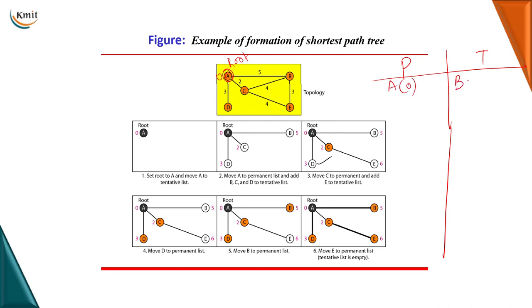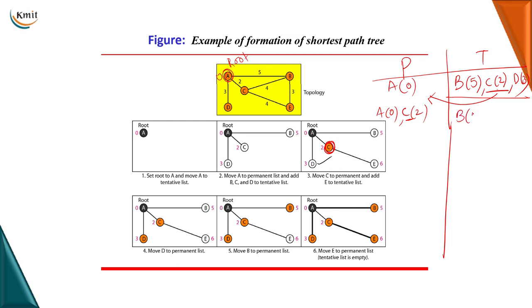The neighbors are B with a cost of 5, C with a cost of 2, and D with a cost of 3. Then the next step is, I will look for the shortest path from A to C using its neighbors. It is C. So now this C will come to the permanent list. A was already there. Now C is the next working node, the permanent node. You can see here, C is made the next permanent node.